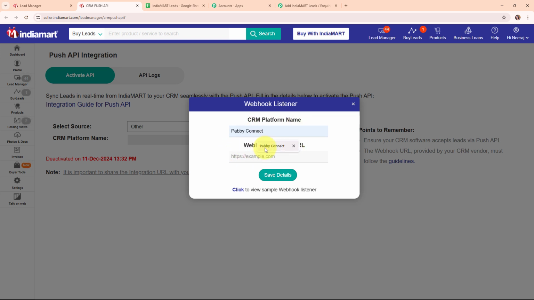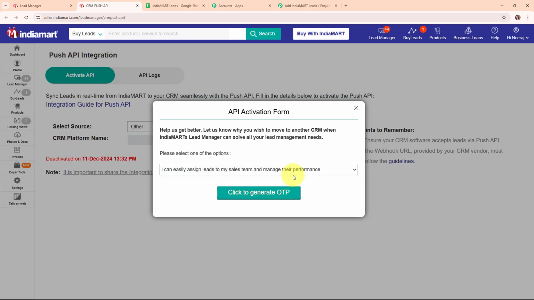So here for the CRM platform name, I'm going to enter the name as Pabbly Connect, and then here it is asking me for the webhook listener URL. So here I'm going to enter the webhook URL that I've received in my Pabbly's workflow. So this is my webhook listener URL, and now I'm going to click on the save details,